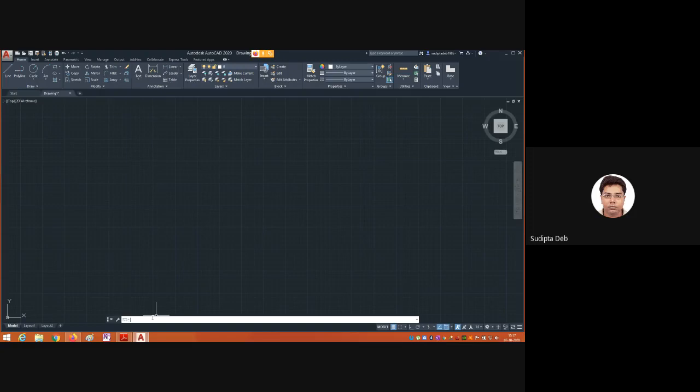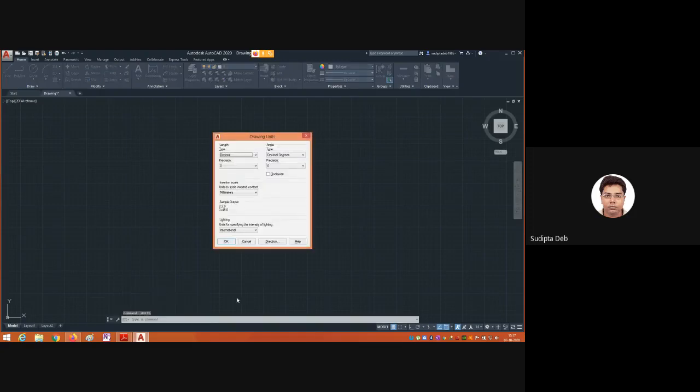There you have to set all dimensions in millimeter. This is the dialog box; you have to select millimeter, because if you click here, inch, feet, meter, kilometer, decimeter, everything is listed. But we need all dimensions set in millimeter only. Then you press the OK button.